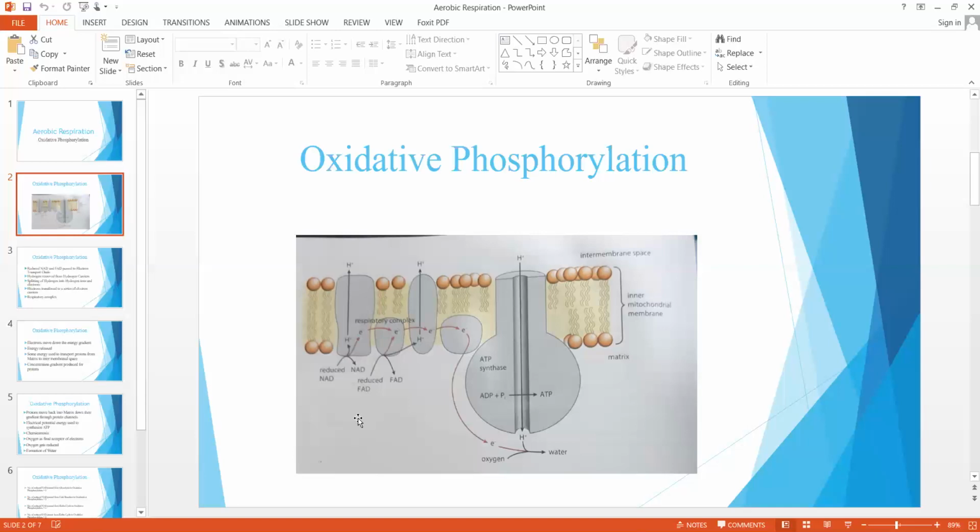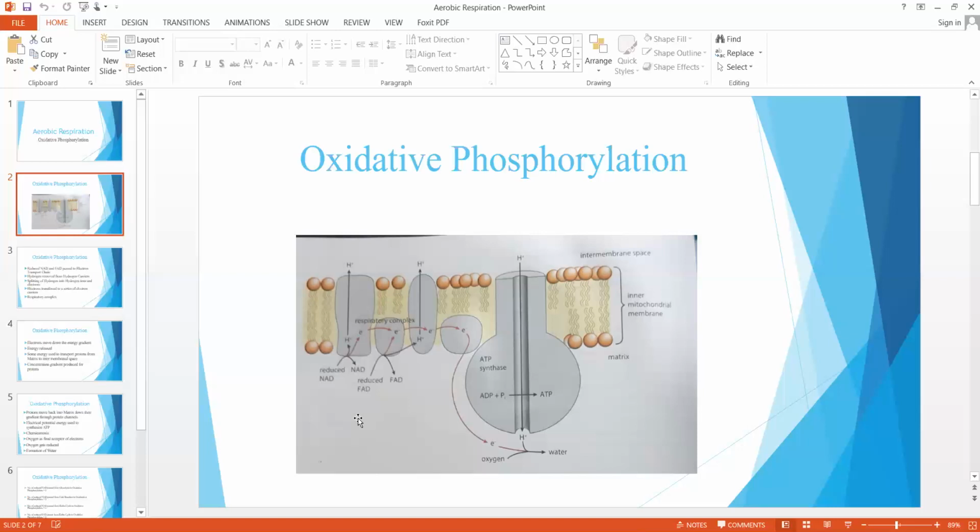Once hydrogen has been removed, this hydrogen gets split into its constituents. Now, what are the constituents of hydrogen? Obviously, it gets split into hydrogen ions and electrons. And if we say that these are hydrogen ions, obviously one hydrogen ion carries one proton, so that hydrogen ion can be called a single proton as well. Once the electrons have been removed.